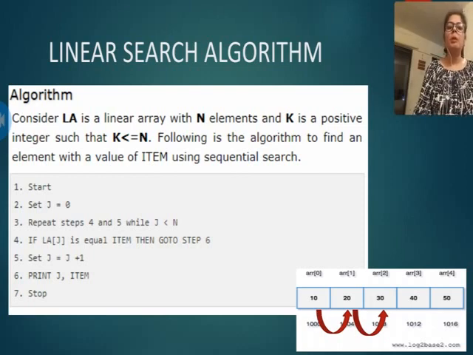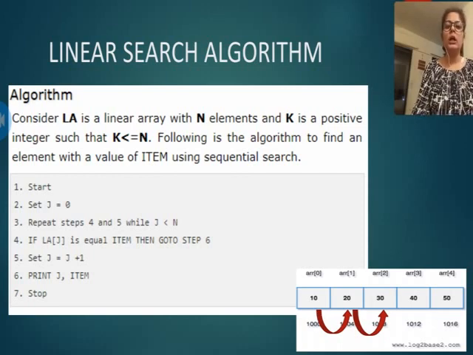J is a pointer. So look at the array. The last index number of the array is 4. So j will be 4 when it is at the last element. So we have to search the list till the last element.